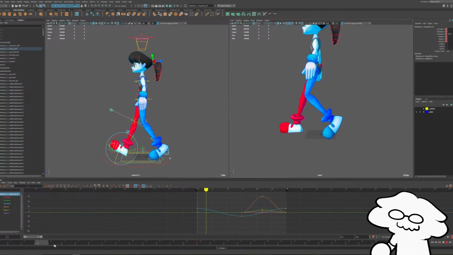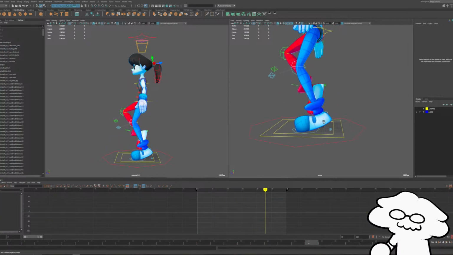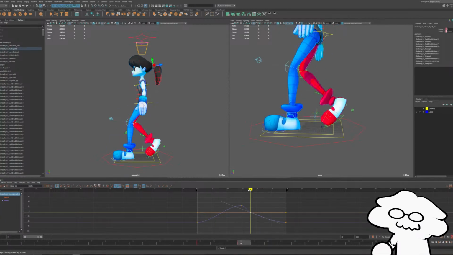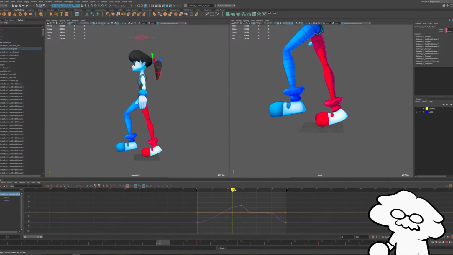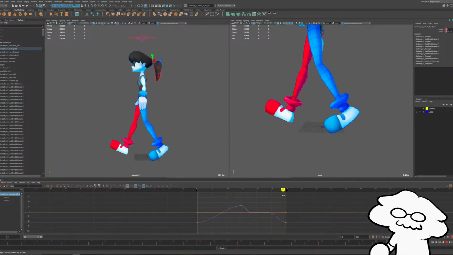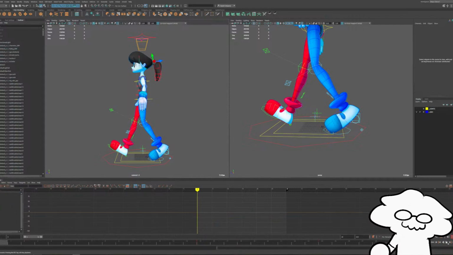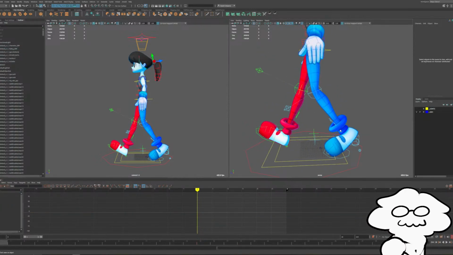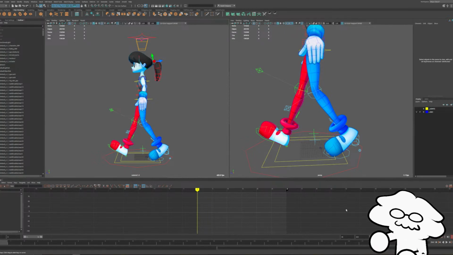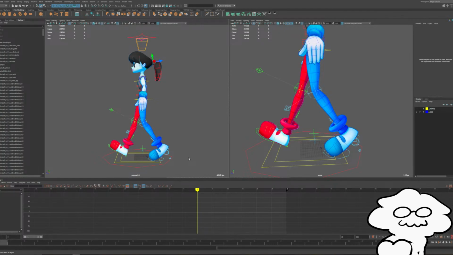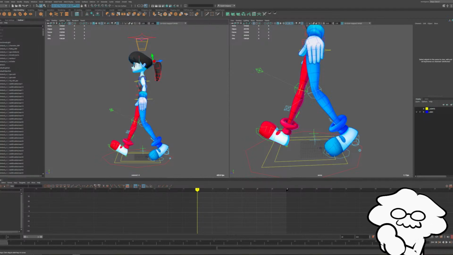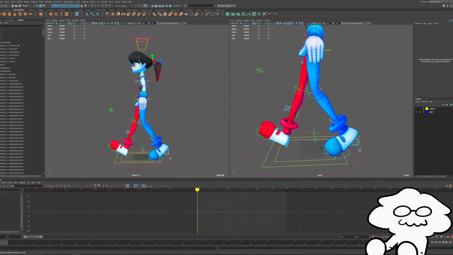I could probably, let me do one more thing here. I need to do just this so that it's flat like that, and then peels off. So obviously I am not animating the upper body at all. We're just focusing on the legs and the feet. And that helps us determine the best look for the legs themselves before we move on to the rest. We don't want to do everything at once because then it just overloads your brain.